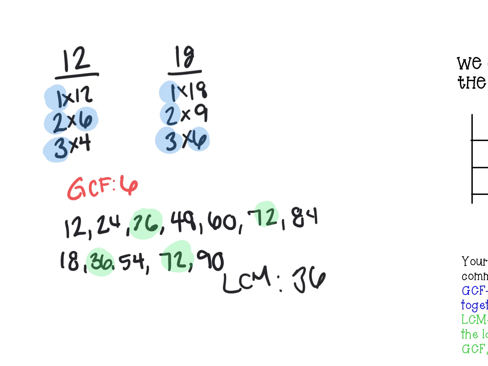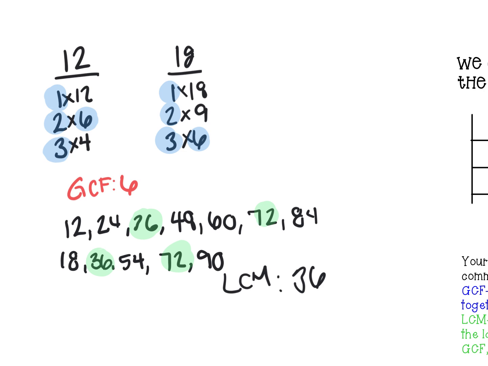one was a 36. Okay, again, I can do that to find my GCF and LCM, but that's going to be pretty time consuming for two numbers, especially the bigger the numbers get. So instead, we're going to use what we call the ladder method. So this one is not in your notes. All I want you to do is watch what I do, and then we'll start adding some to your notes. It might take a couple of run-throughs and a couple of ladders before you're like, okay, I kind of understand